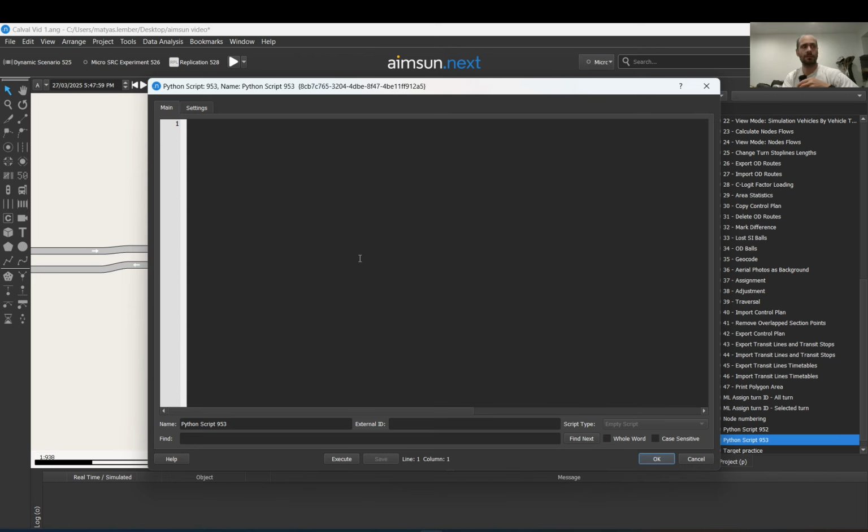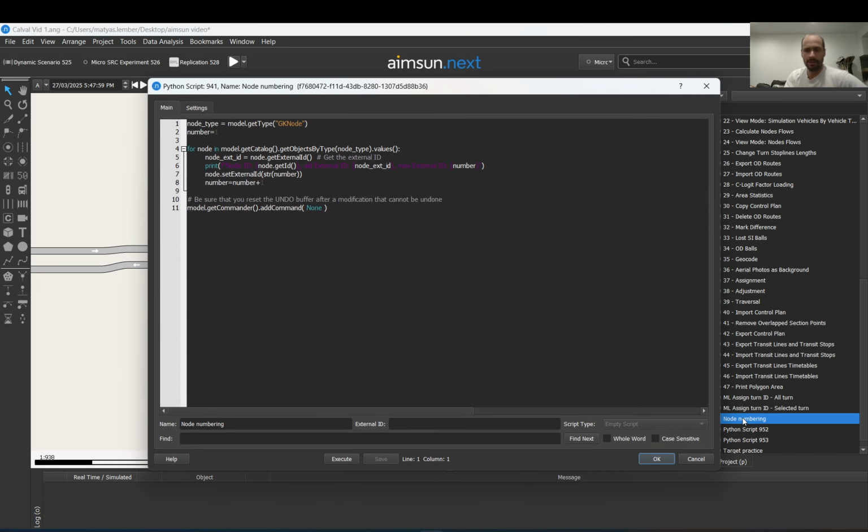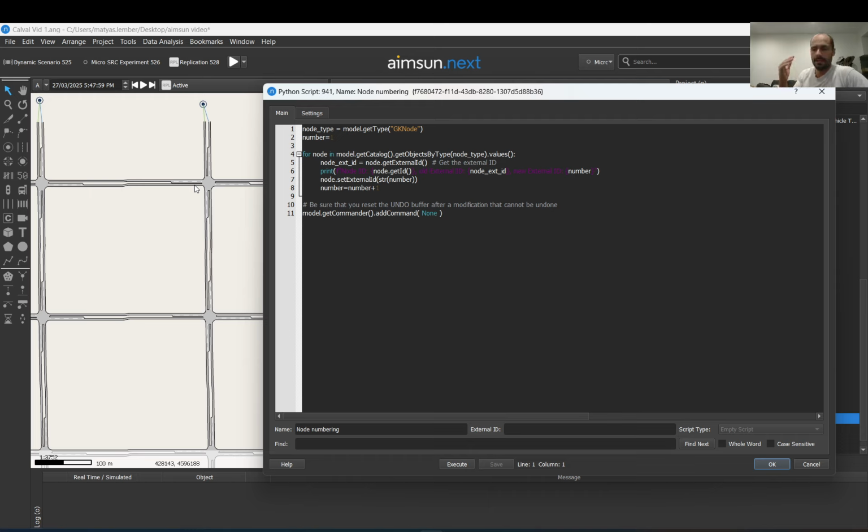All the old Aimsun versions use Python 2, the new versions use Python 3. And so if you have an old script, it's probably not going to work in the new one. If you have a print function in it, something like that, you need to update it to Python 3. I created a simple script for today. As a starter, it is very simple and does a very basic thing. It loops through all nodes in the model, and as it goes through, it updates the